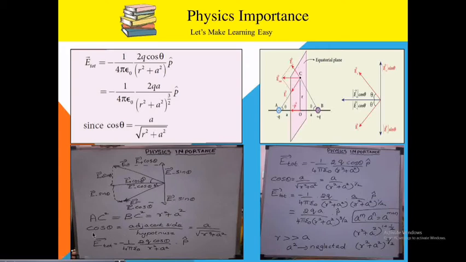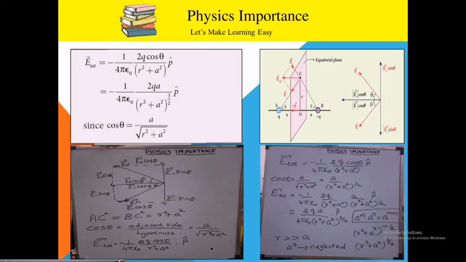Now here we have to find the value for cos theta. So what is cos theta? Adjacent side by hypotenuse. So here this is theta, isn't it? This is the opposite side and this is the adjacent side. So what is the adjacent side here? A is the adjacent side, so we are writing A. Hypotenuse square means R square plus A square. But here we are in need of hypotenuse only, no? So we have to write it as root of R square plus A square. So what is the value for cos theta? A by root of R square plus A square.